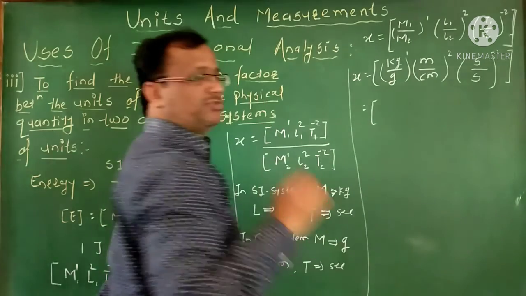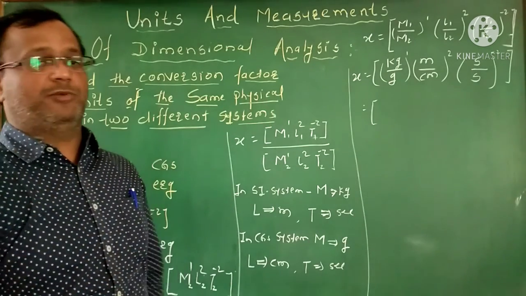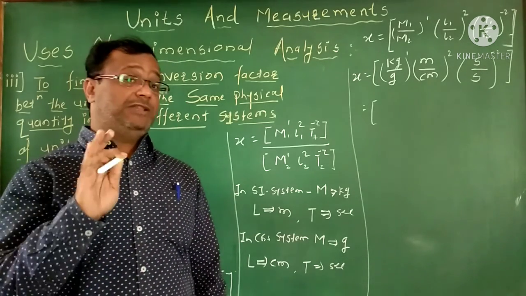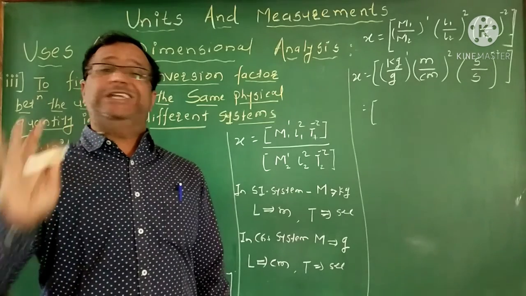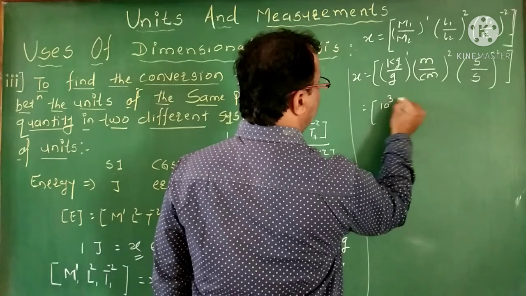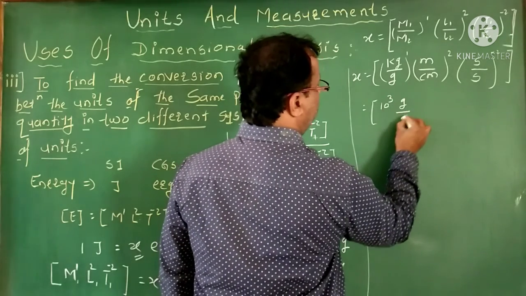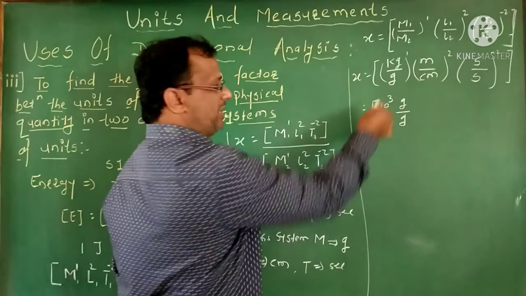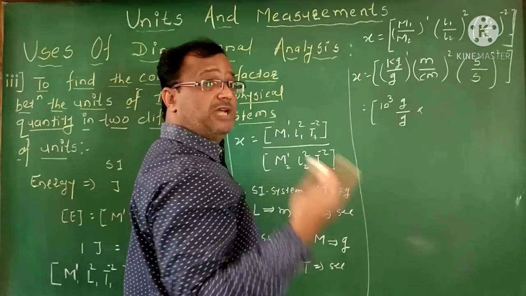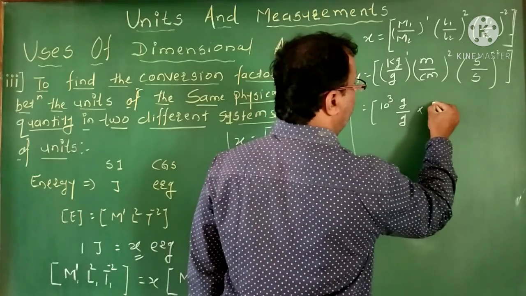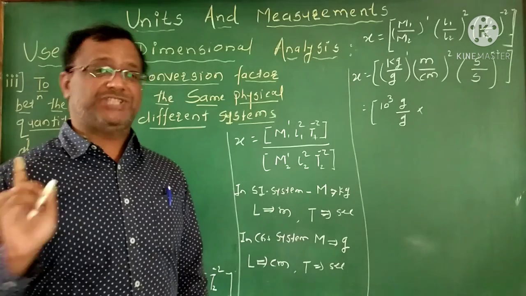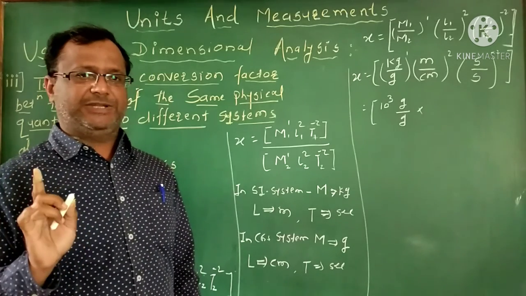Now, first of all, convert this kg into the gram. We know that 1 kg is nothing but 1000 gram. But again, that 1000 is written as simply 10 raised to 3. So here we write 10 raised to 3 gram, and this gram is as it is, their power is 1. Now second one, meter, which is converted into the centimeter. 1 meter is nothing but 10 raised to 2 centimeter, that is 100 centimeter.